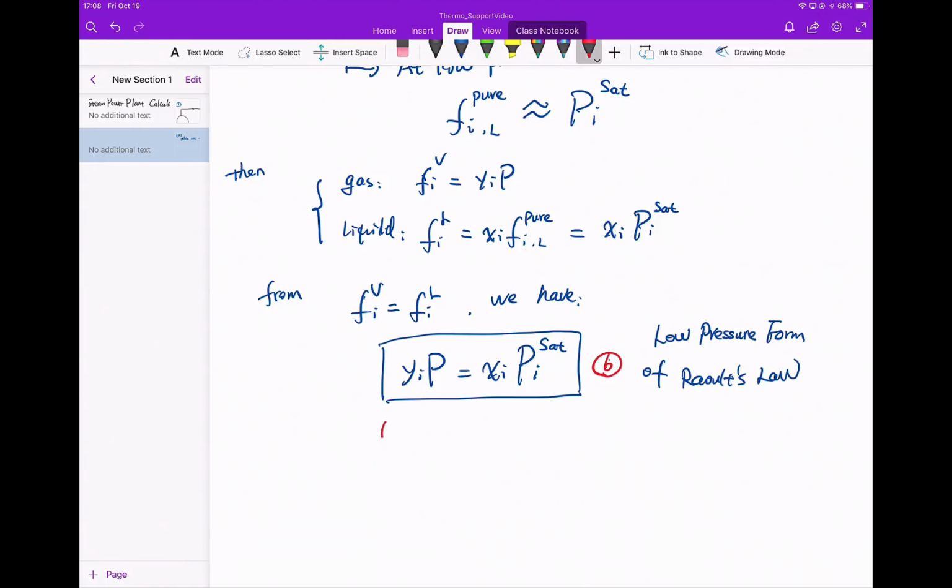The assumption is this is an ideal mixture or solution at low pressure. Alright, so this is for the